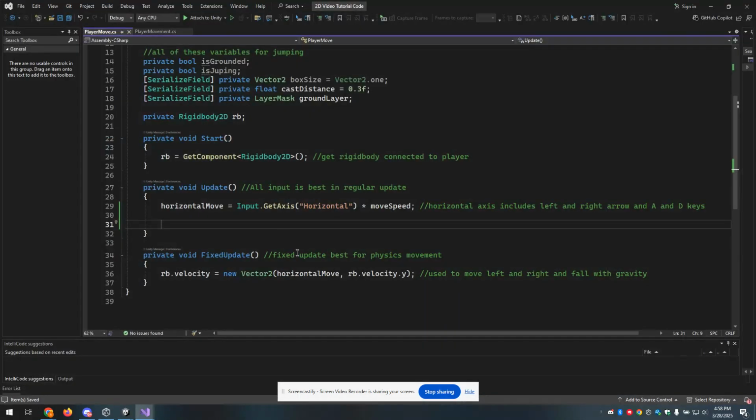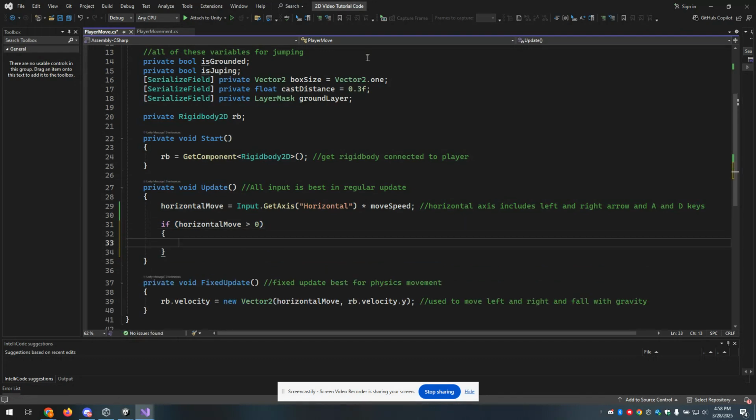I'm going to jump back into the movement script. And the first thing I'm going to add is that rotation. Now, in order to rotate, really all I'm going to do is flip my sprite over. And I'm just going to show you how to do that. That's going to be really, really simple. So if horizontal move is greater than 0, which means if my player is moving right,